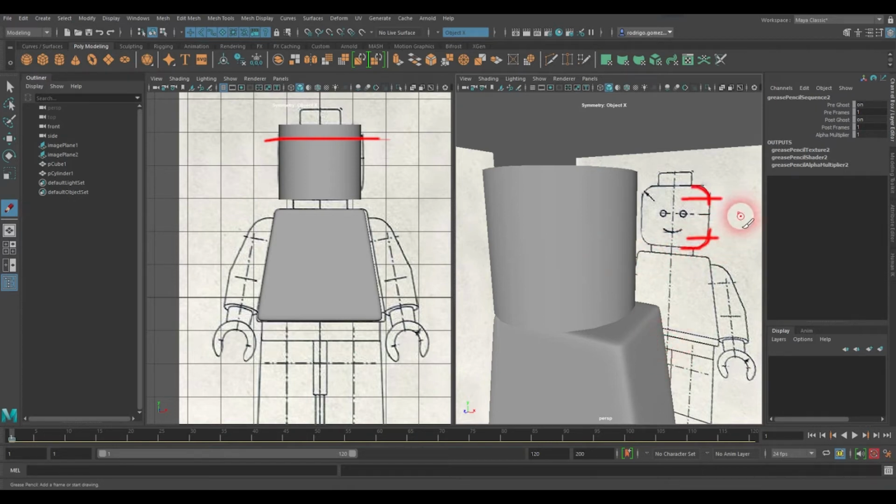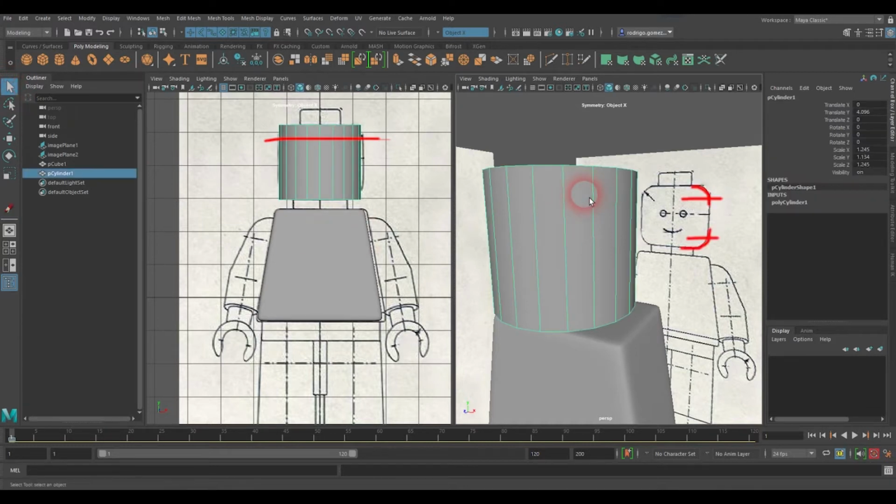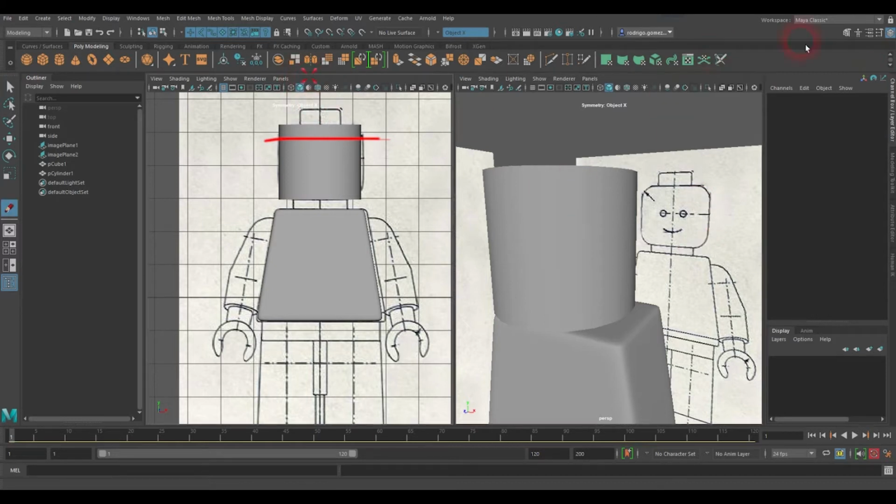Just the same way we did with the body, we're going to have an extra. That means that I'm going to need 2 extra divisions in the middle. I could do the same thing with the body, but because this is an object that has some history in it, I can request it on subdivisions in height. I'm going to say 3 subdivisions. That way I have those edges right away created. Okay, so that is good. I'm going to delete my drawing there so it doesn't bug me. And I am going to now